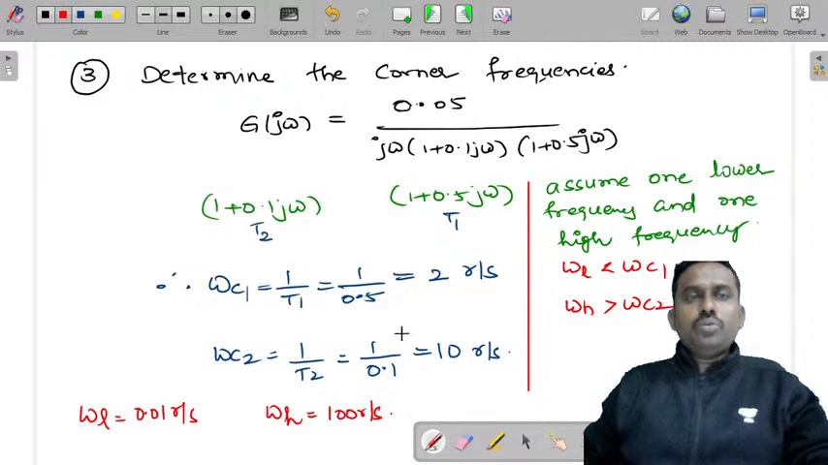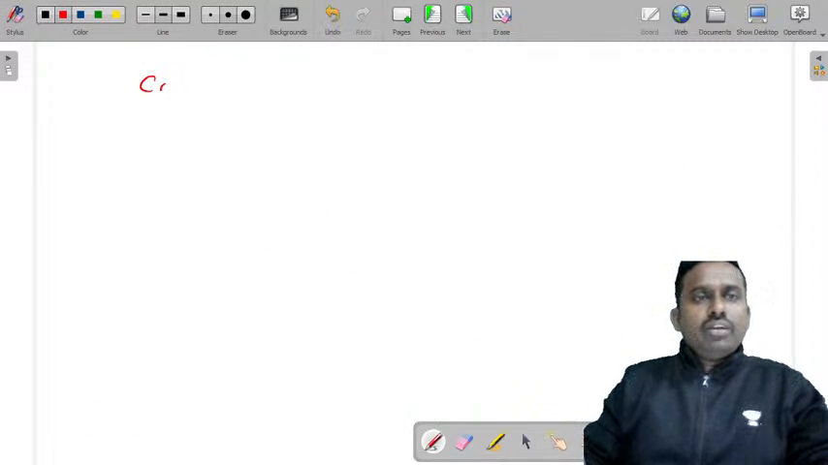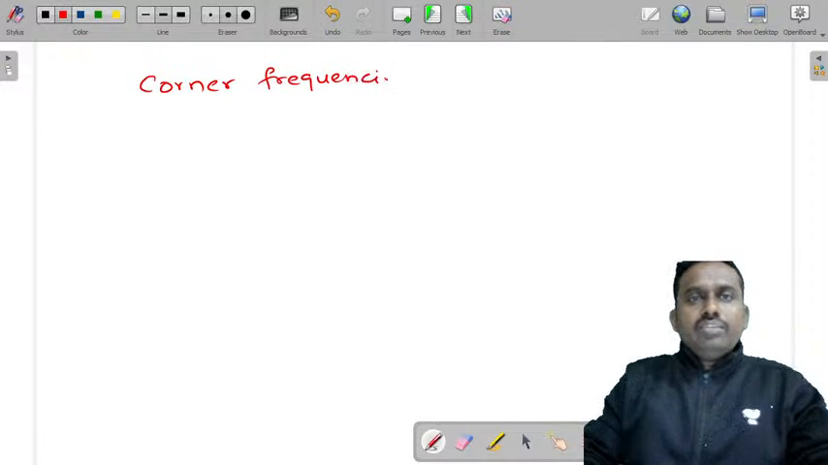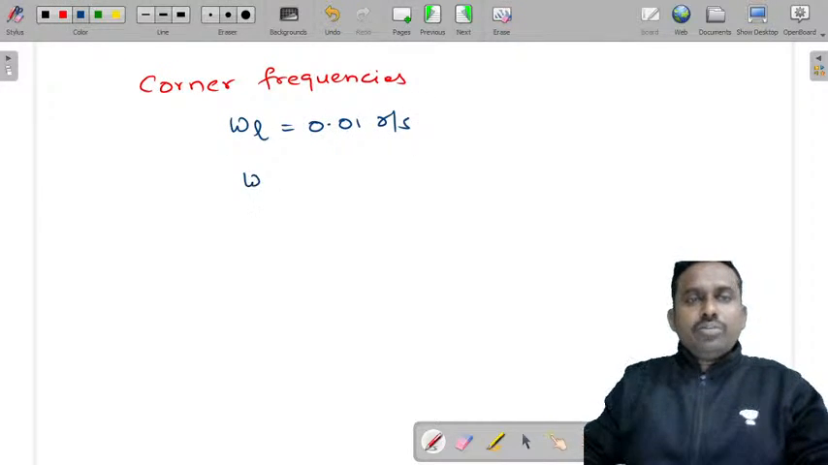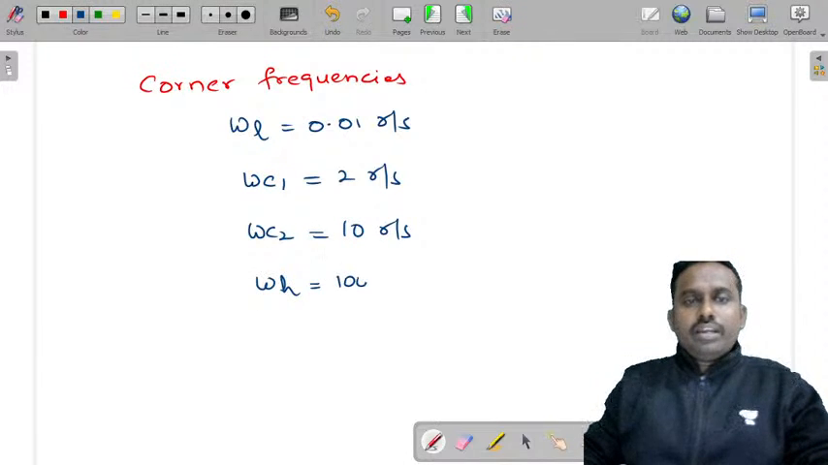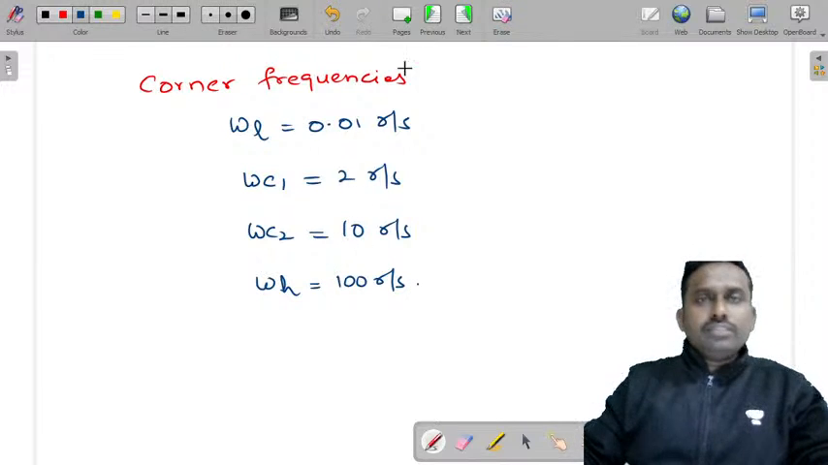Right? So what are the total corner frequencies? Let us write the corner frequencies now. Corner frequencies: omega L 0.01 radian per second, omega C1 2 radian per second, omega C2 10 radian per second, omega H 100 radian per second. Now after this you need to,